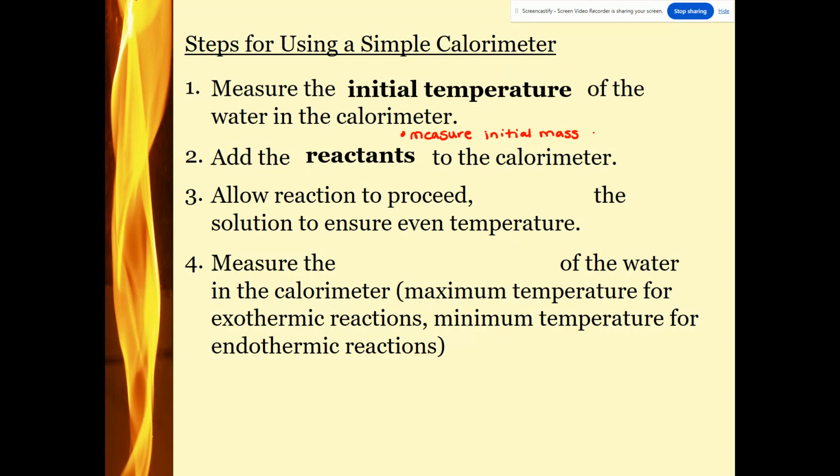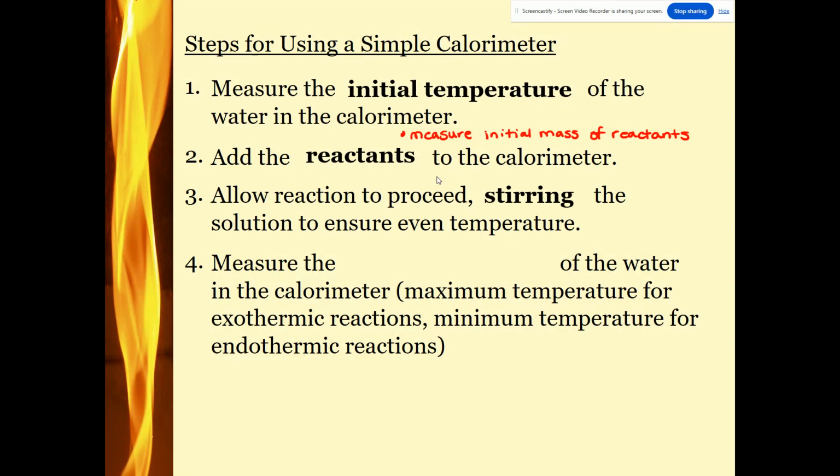So you're going to measure the initial mass of your reactants. I do a lab with this lesson where we burn candle wax. So we are not burning an entire candle, so we need to measure the initial mass of the candle that's burning. Then again, if this was that candle wax lab, we would light the candle on fire, put the calorimeter